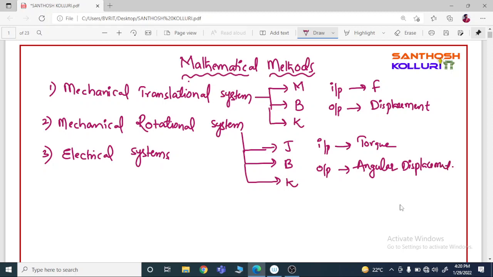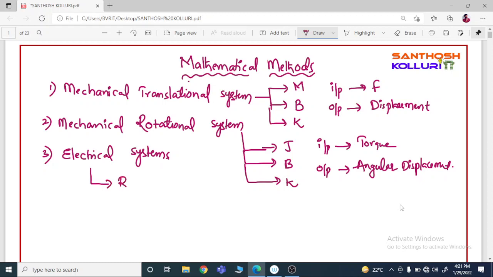After representing the mechanical translational system and the mechanical rotational system, we need to match them with electrical systems. That means we need to find the electrical analogous parameters which exist in translational as well as rotational systems. Here also, as in the mechanical translational and rotational systems, we have elements